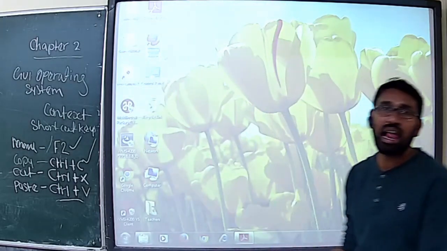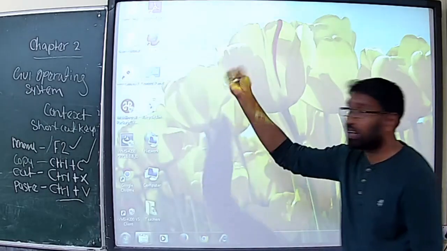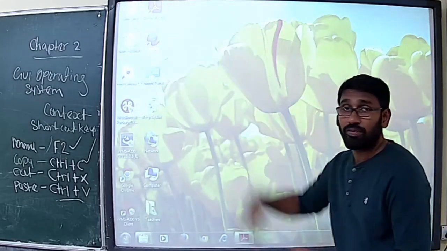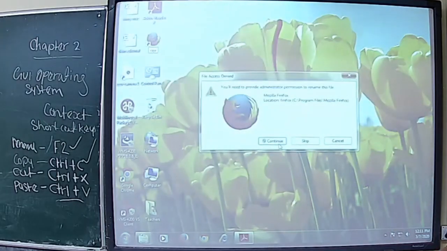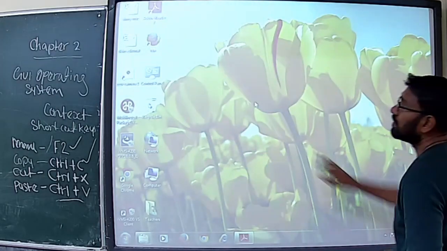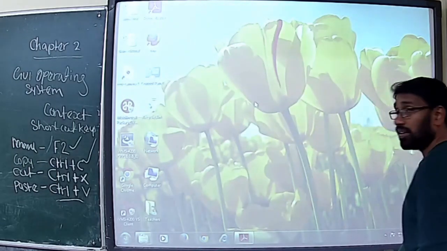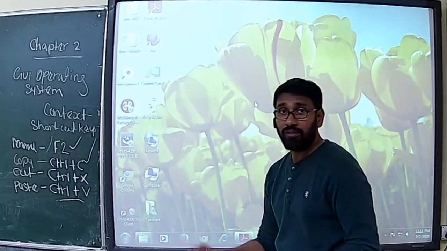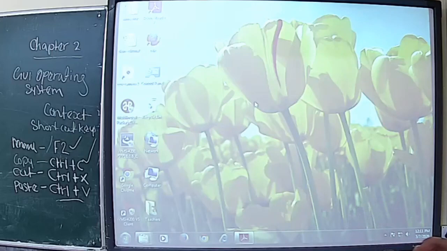That means we will be able to edit. So we will type, for example, I'm typing Raja. I'm putting my name or my friend's name as Raja for Mozilla Firefox. So that much friendship that I give the browser the name Raja. So the browser name is changed to Raja. Clear? So the F2 key is the shortcut for renaming folders, files, and applications. Clear? So we will go to the answer.